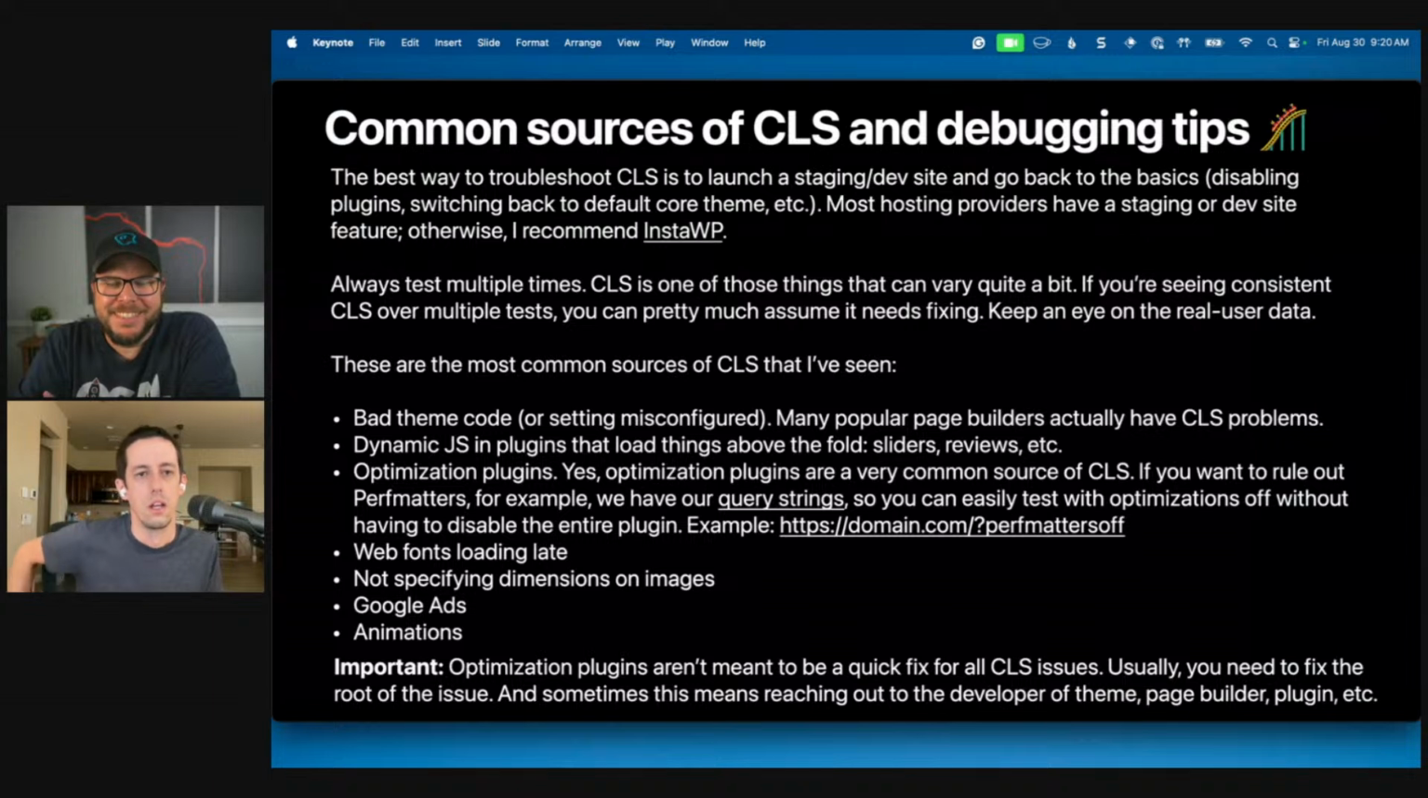Okay, great. So yeah, the best way by far to troubleshoot CLS is on a staging site, obviously. And I will say this for a lot of things, but CLS for sure, you really need to work on a staging site because some of the best ways to start debugging is disabling plugins one by one and switching back to the core WordPress theme. I know that's like the restart your computer type of thing people don't like to hear, but unfortunately with CLS, that can be one of the best ways to track it down